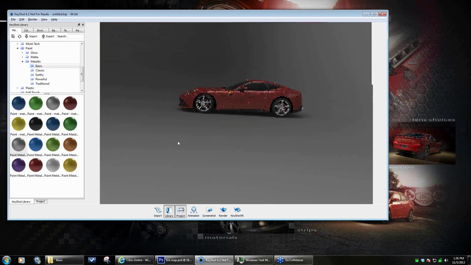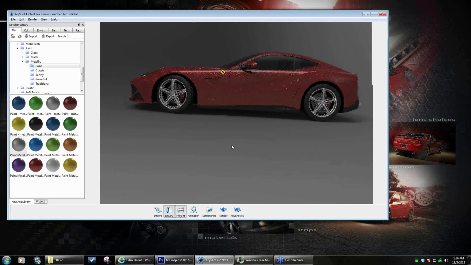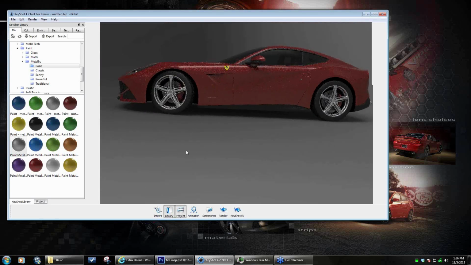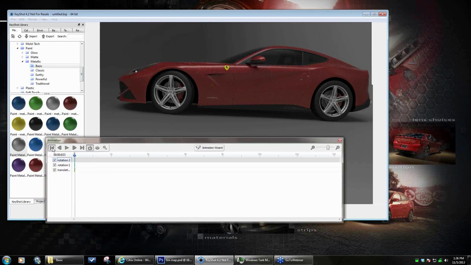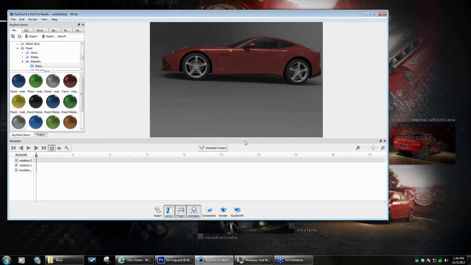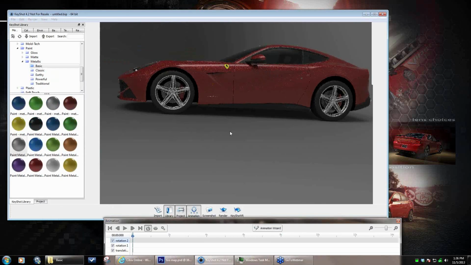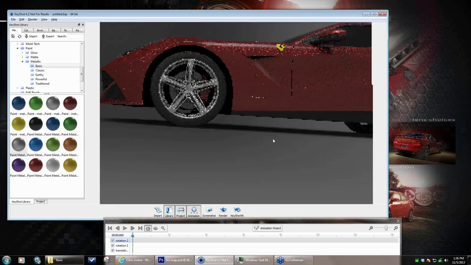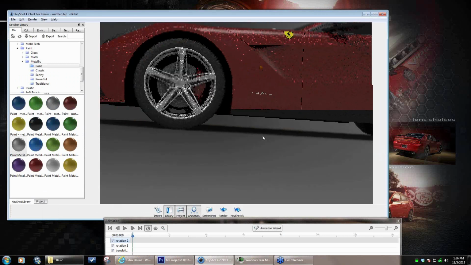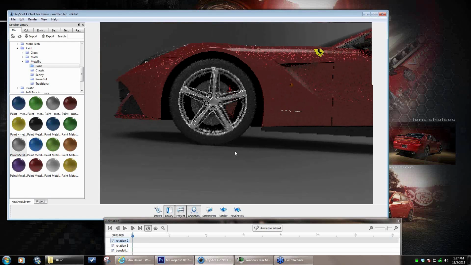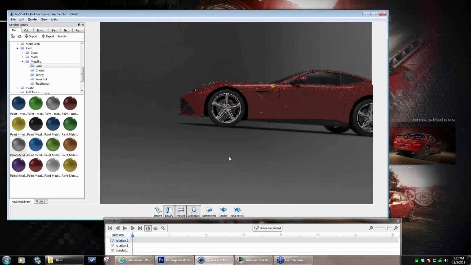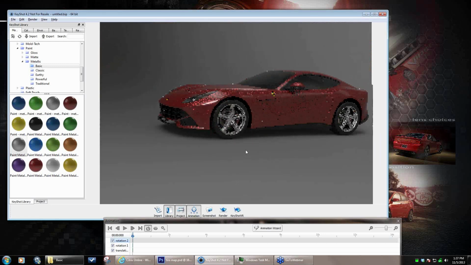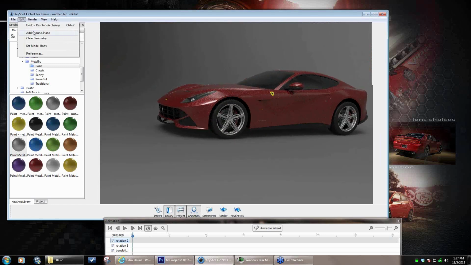One more thing I forgot to do in the beginning. Seating the car. Yes, we have it grounded on the ground, but it looks like the PSI on these tires are too high. So you can either go into your 3D modeling program and put some squish on the tires, or you can add a ground now inside KeyShot. So if I go to Edit, Add Ground,